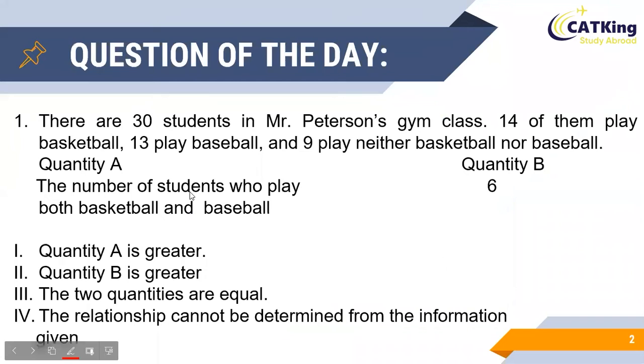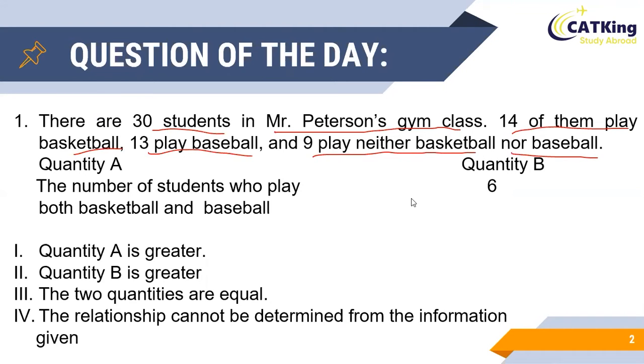As you can see, today's question is a quantitative comparison question wherein we are given that there are 30 students in Mr. Peterson's gym class and 14 of them play basketball, 13 play baseball and 9 play neither basketball nor baseball. Then we are given two quantities A and B such that A is equal to the number of students who play both basketball and baseball and B is equal to 6, and we need to determine if A